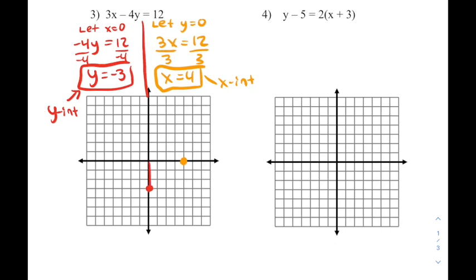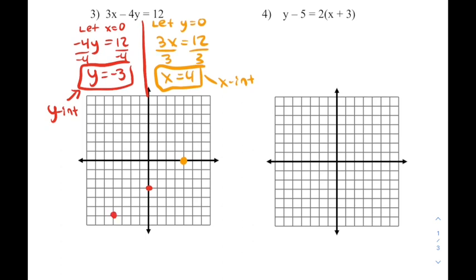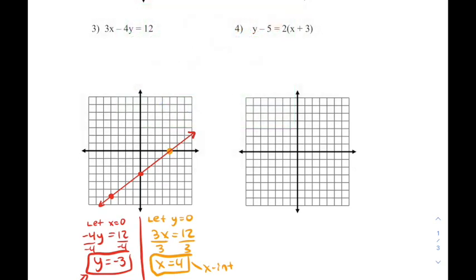We can tell that the slope would be up 3 and right 4, so I could go down 3 and left 4 to find another point, and then just connect the dots to produce the graph. Now, just to quickly show you the other method, if I were to solve for y,